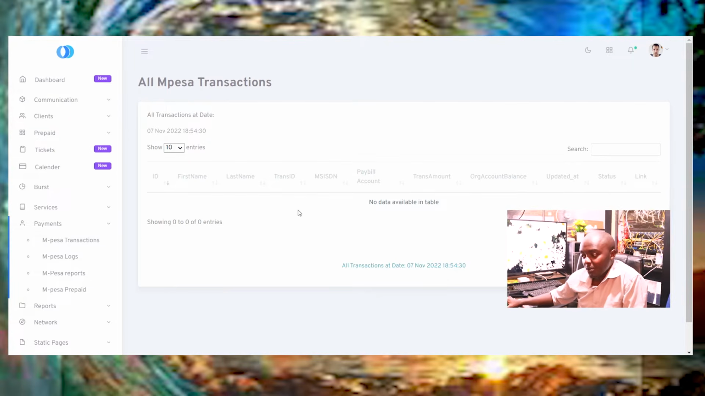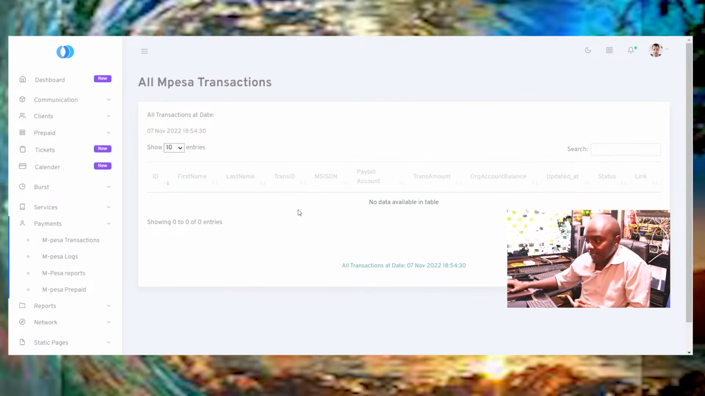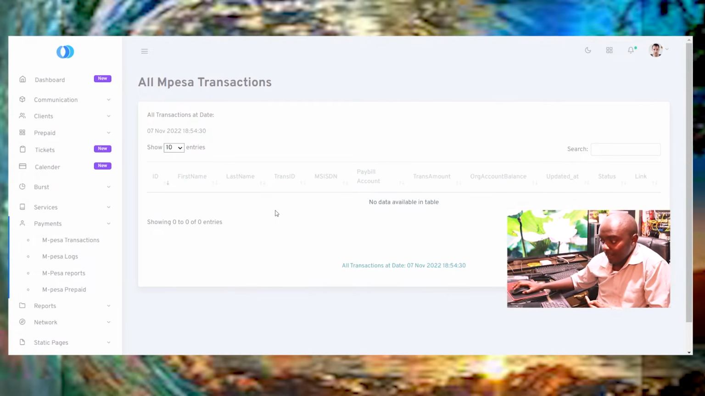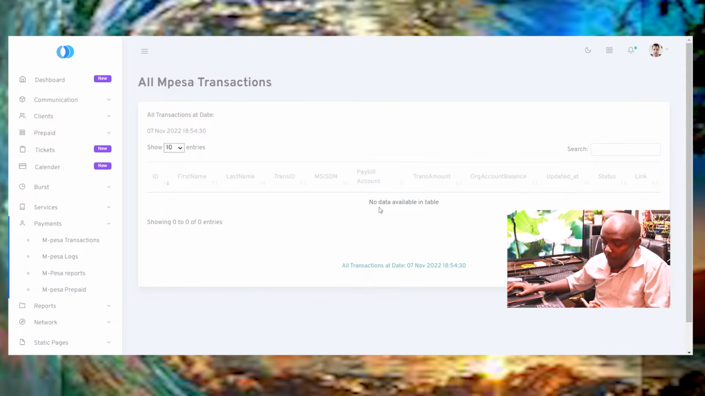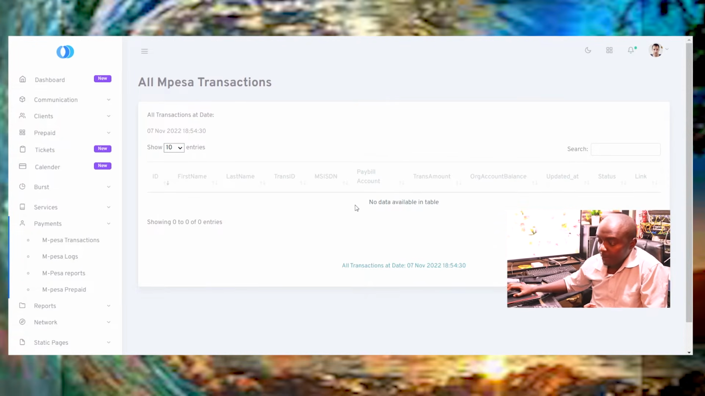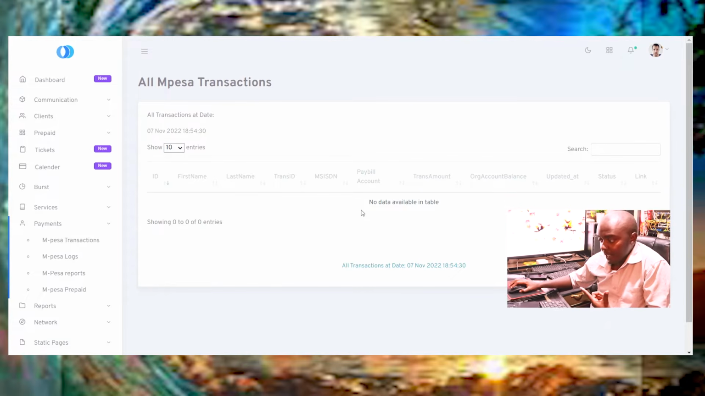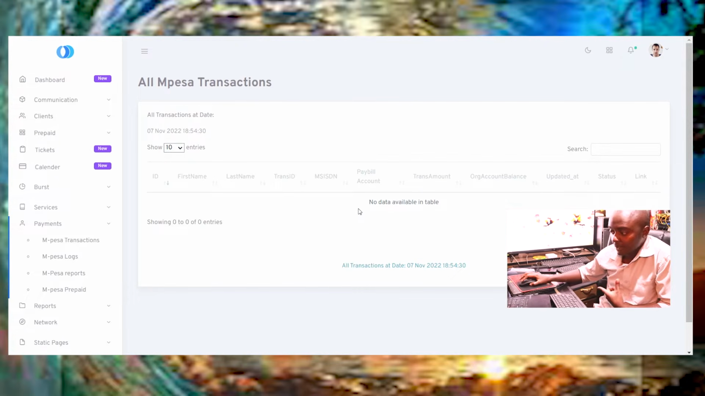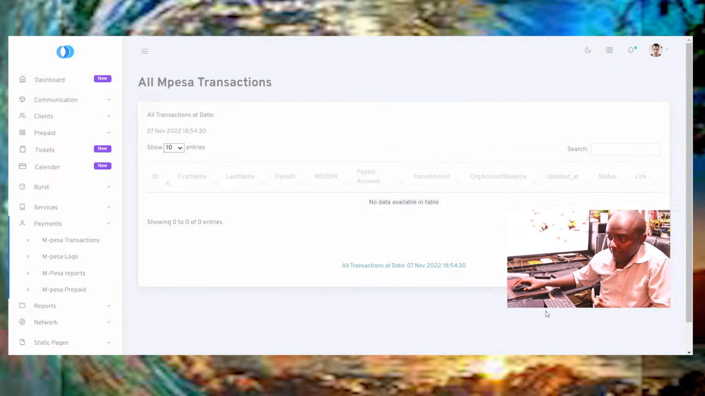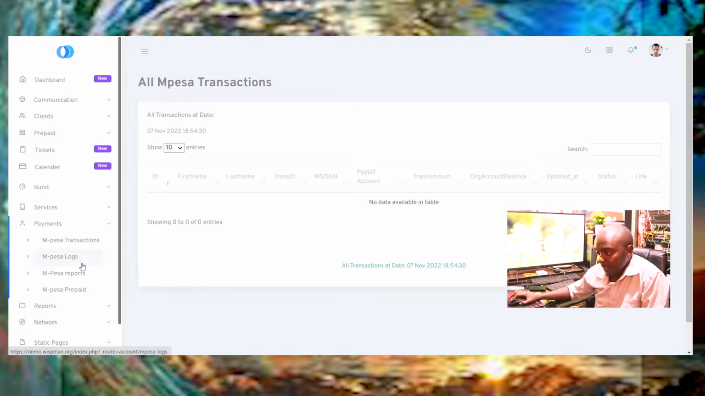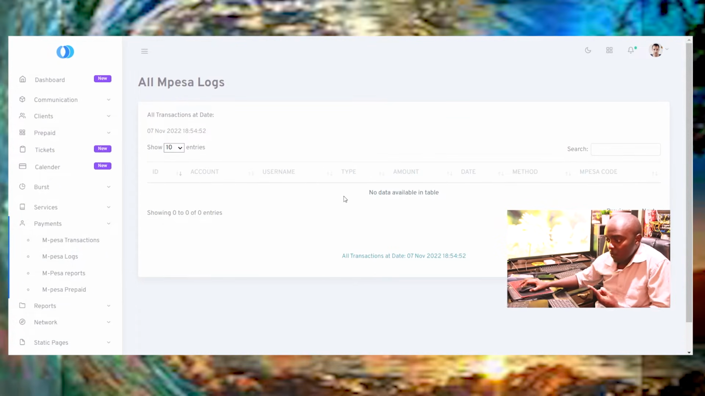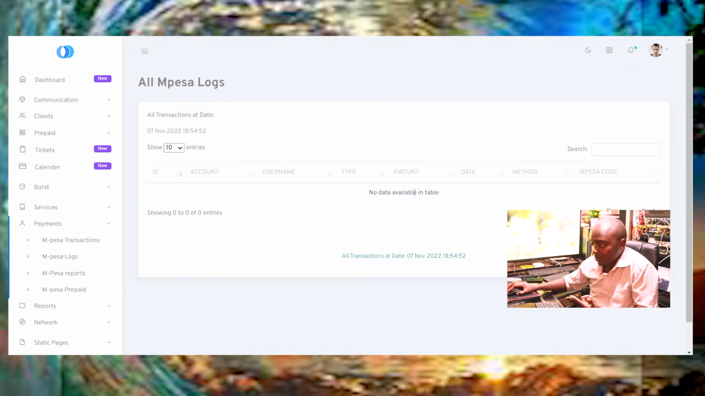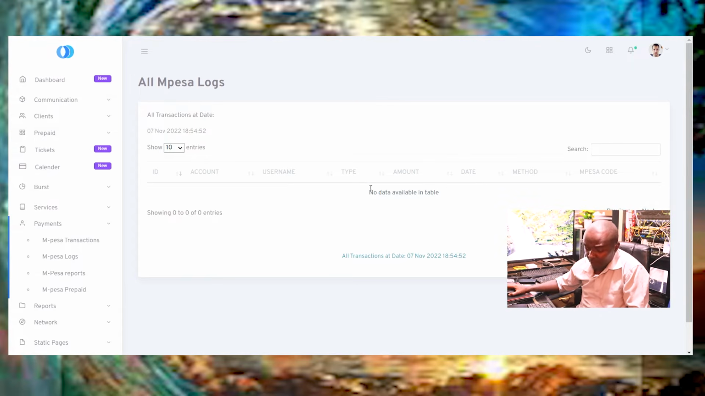M-Pesa transactions will show all the payments that have been done in the system, and with this you can follow up whoever paid, whoever has not paid, whoever has been recharged, not recharged, money pending to be connected to the system, all will be available. On the M-Pesa logs, this will give you which account was associated to a given transaction, for easier